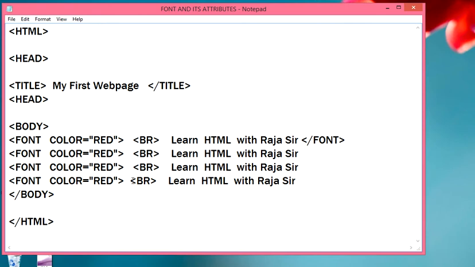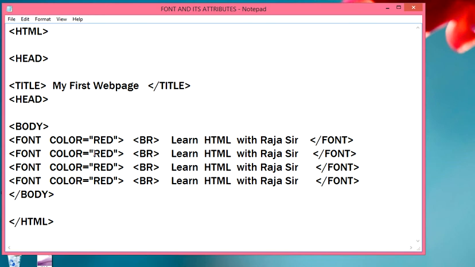Br tag, learn HTML here, and slash font you have to also copy. Okay, I have copied it and pasted another slash font and the last slash font.